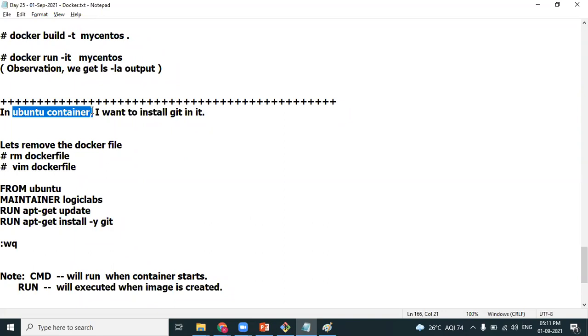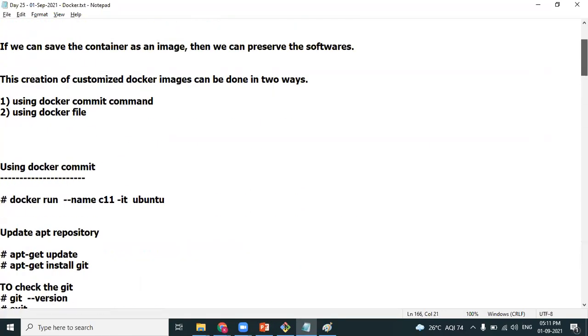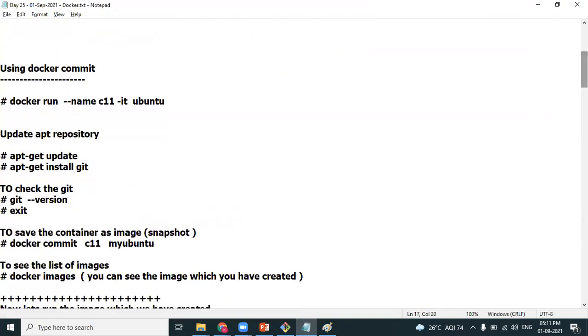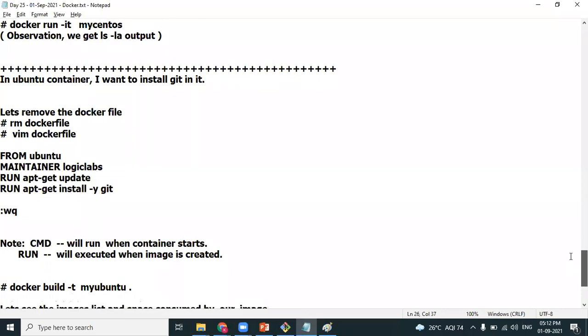We have done this by using the first way of creating customized images, the docker commit command. What we did was create a container using the standard image, enter into the container, and do all the hard work of installing. Instead of this process, you can achieve the same requirement using the Docker file. This becomes much more handy. Look at the example.